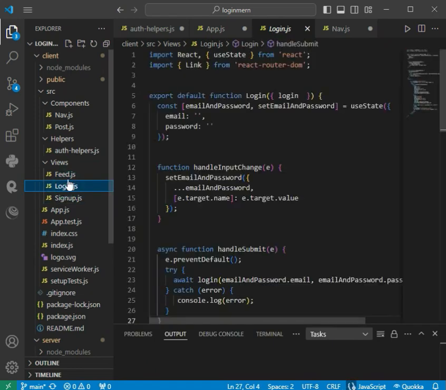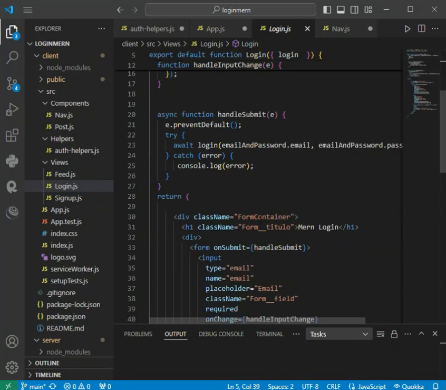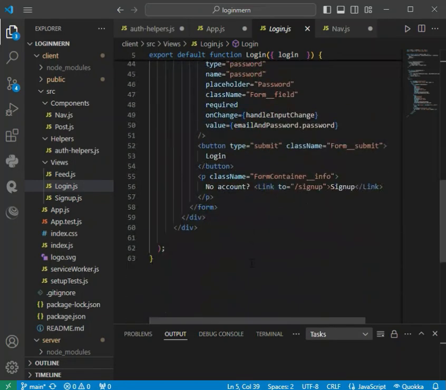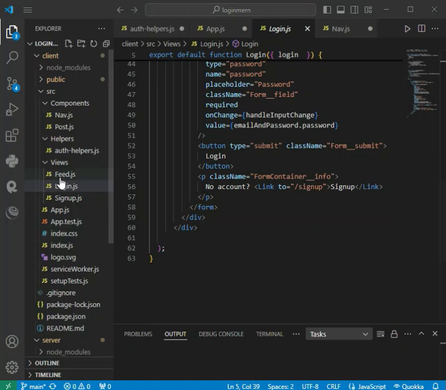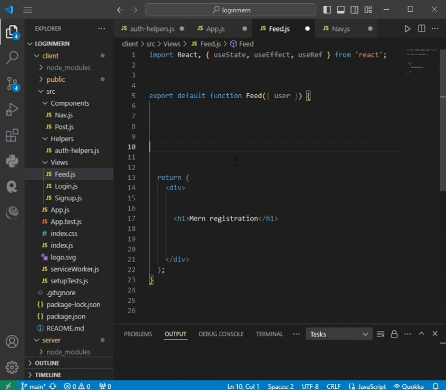Similarly, in the login component, it works quite the same. Here we pass this login function and we receive it as prop. We apply it in handle submit. Feed component,